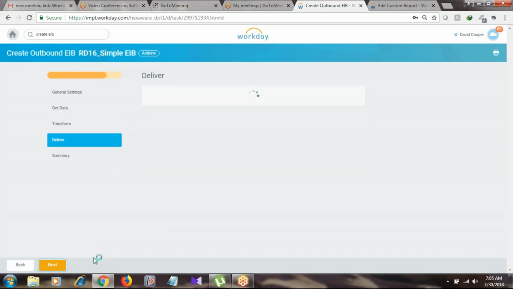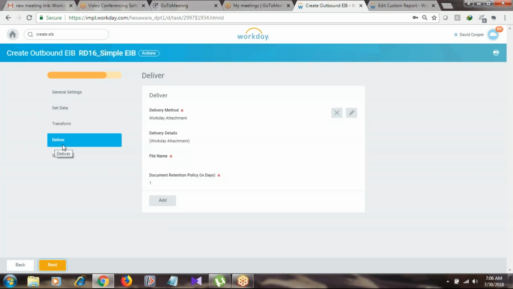Click on the next button here. It will come to the delivery section. So here we can mention to whom I need to deliver the file. I may need to deliver the file to a downstream system, that is an external system, the outbound downstream system, or a third party system, whoever it is, a vendor. So everyone to whom I need to deliver this output file, we need to declare in the delivery section here.